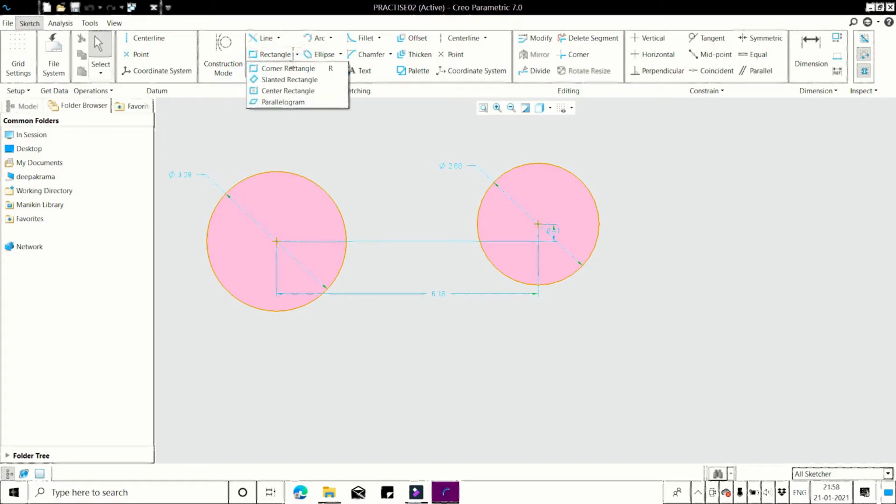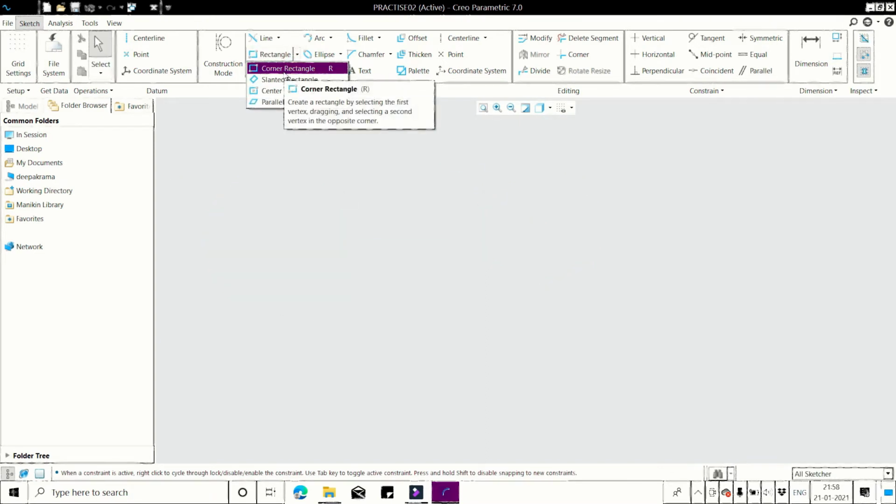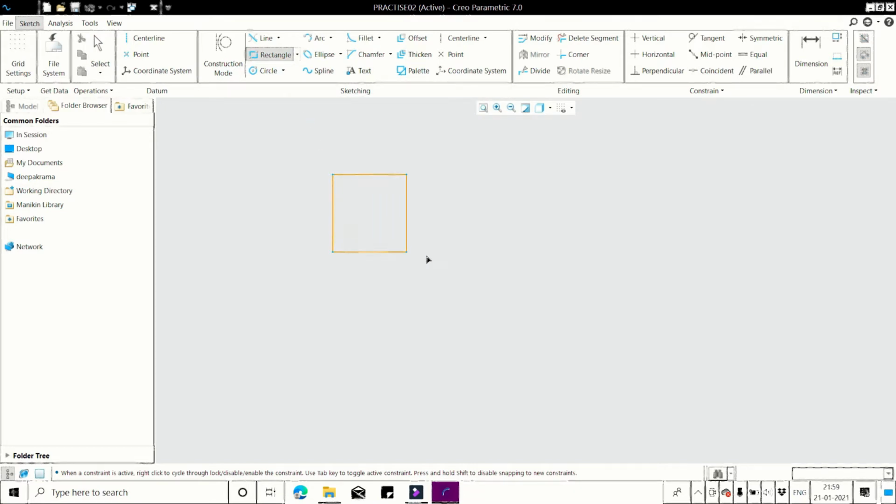Next is rectangle. Here 4 options are there. First one is the corner rectangle. Let's see how it is used. Corner rectangle means click on one corner of the rectangle and draw to the other end, so your rectangle will be formed.